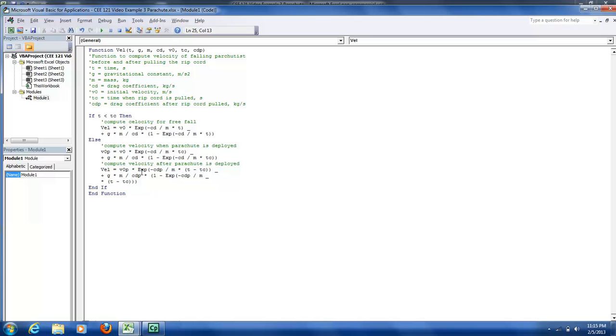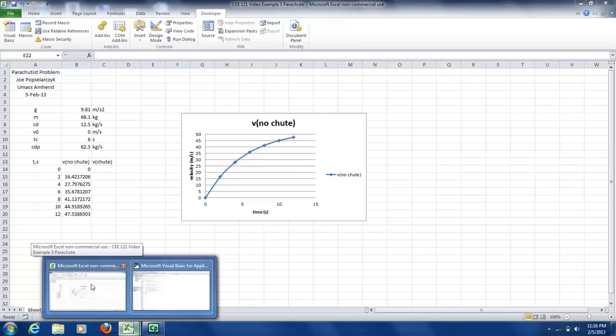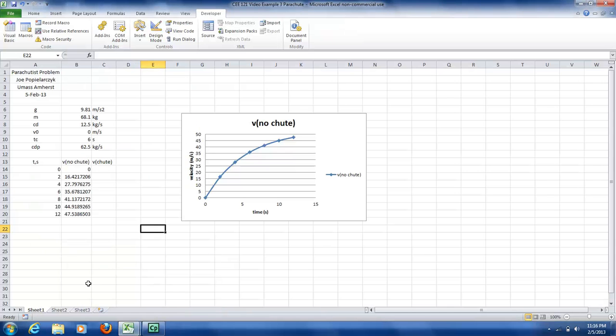So then from here, to implement the function, we have to return to the spreadsheet. So I'm just going to go back to here. And then we're going to C14, which is this cell right here, and enter this equation. So this equals val, which is our function for our macro, and then A14,